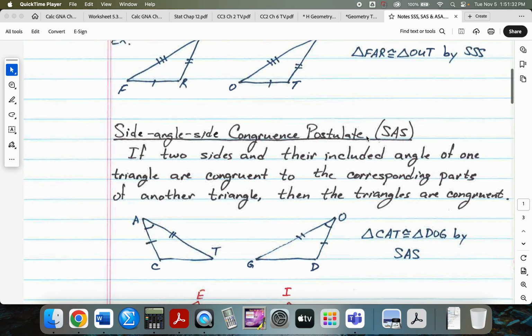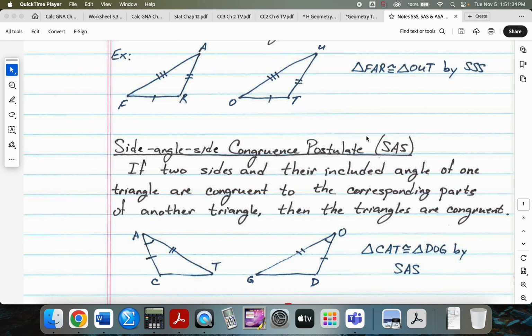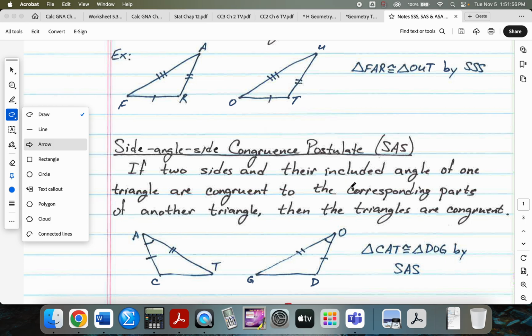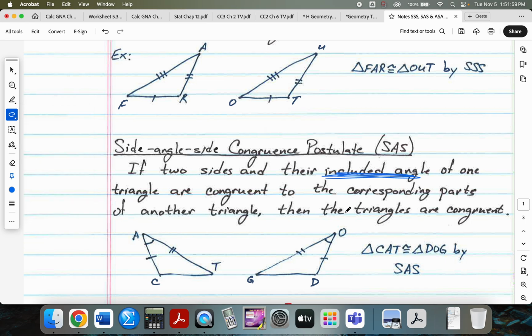The second one is called the side angle side congruence postulate. Instead of all 3 sides, you've got 2 sides and a particular angle. If 2 sides and their included angle of one triangle are congruent to the corresponding parts of another triangle, then the triangles are congruent. Notice that it says that it has to be the included angle. Well, what does that mean? Well, it means it's the angle that's in between those 2 sides,